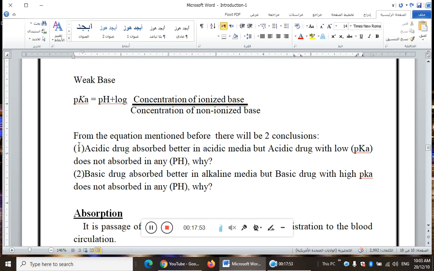And the basic drug is absorbed better in alkaline media, but basic drug with high pKa does not absorb in any pH. Also, why? The answer of why in these two conclusions will be your quiz for the next week, and I will get your answer about